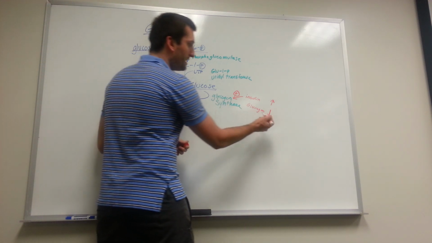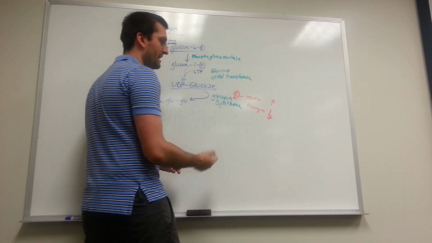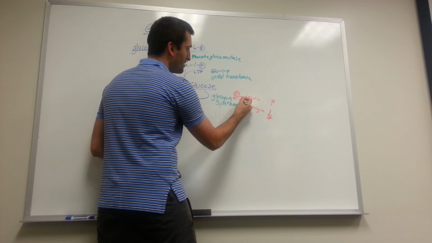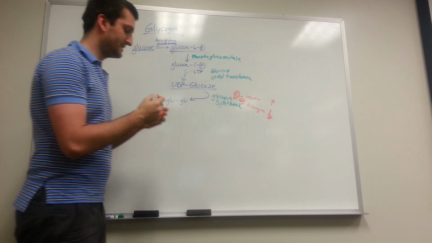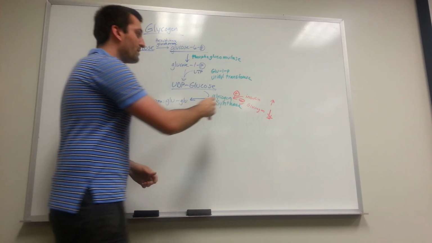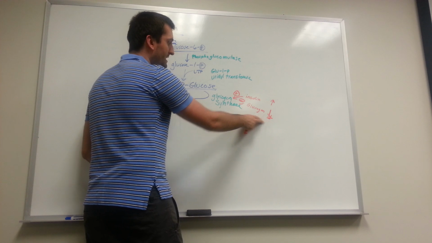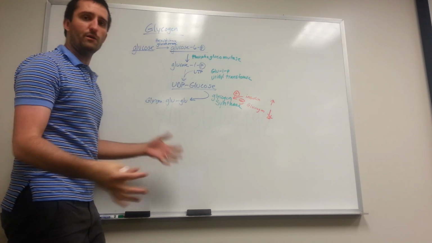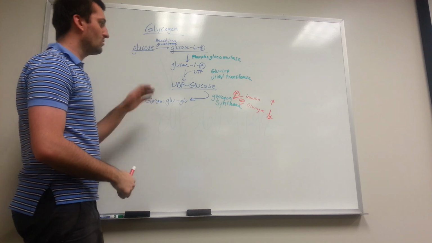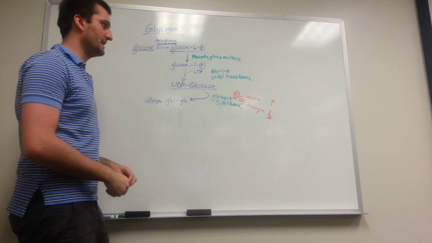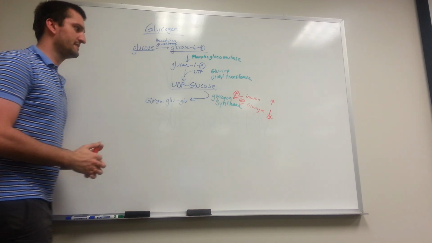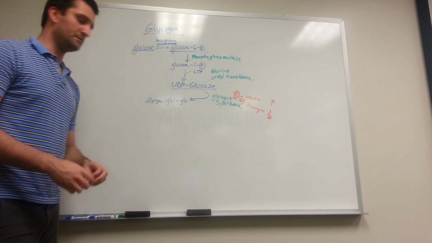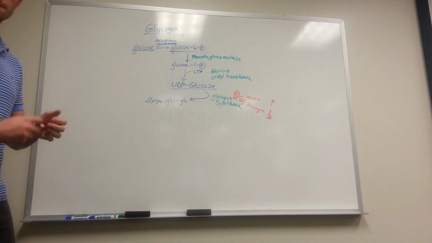However, if we have depleted stores of glucose in the body, we're going to increase our glucagon. And our glucagon will have the opposite effect as insulin. So if we don't have very much glucose in the body, we don't want to be taking whatever glucose we have and storing it. No, we don't want to store it. So we'll want to inhibit this enzyme. So glycogen synthase is an important enzyme to kind of conceptually understand. And then we'll also have